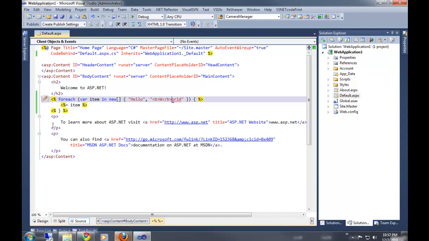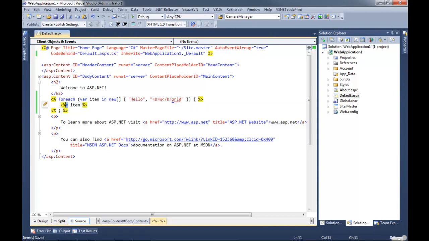Okay, this is pre-ASP.NET 4. ASP.NET 4 introduced this feature, but before then, you always had to use this equal sign. And now I have to introduce the terminology. Everything in here is called a code nugget. Interesting terminology. Yes.